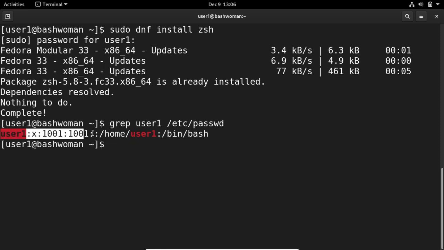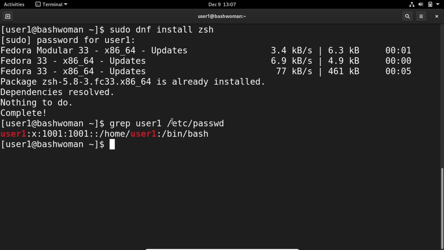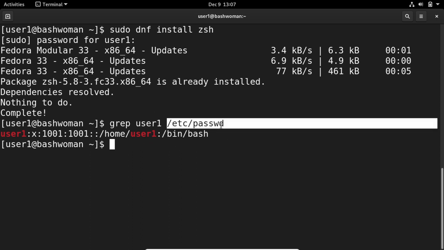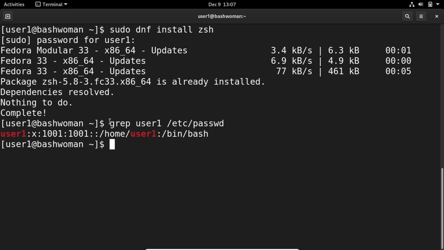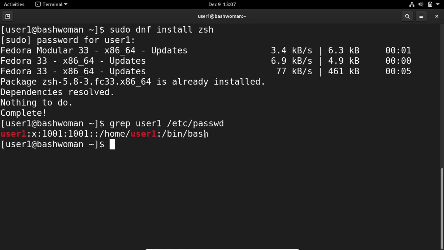I will explain the format and the output of this command in a day or two. I will definitely explain all these files, but for now you just need to check that after running this command you may see this shell, or any other shell if you have.